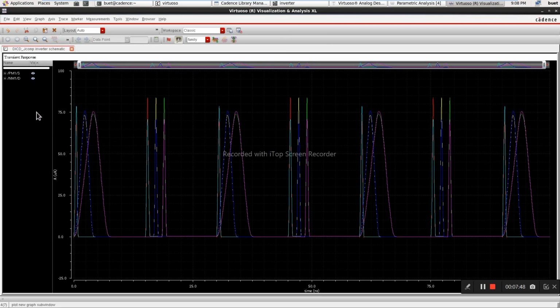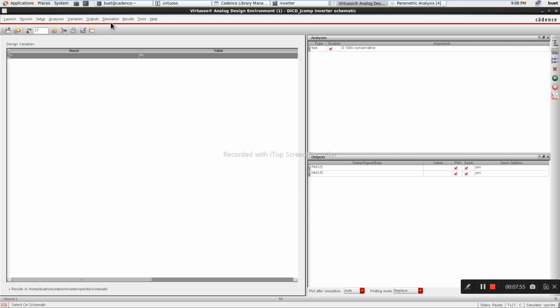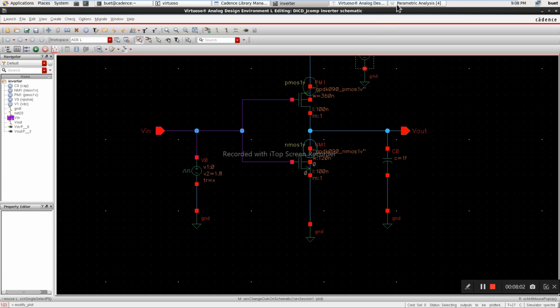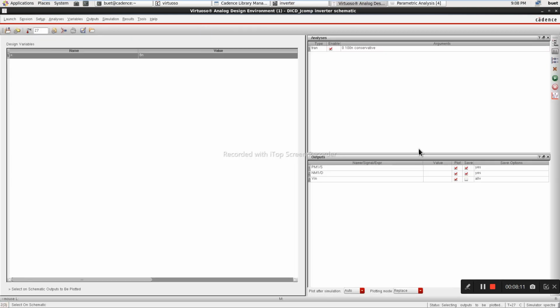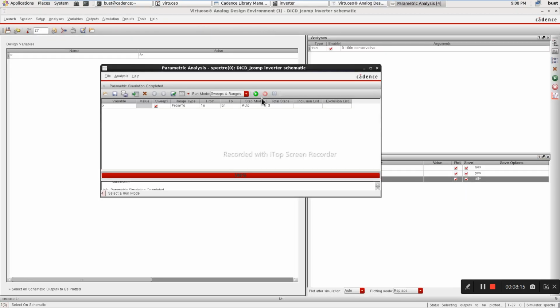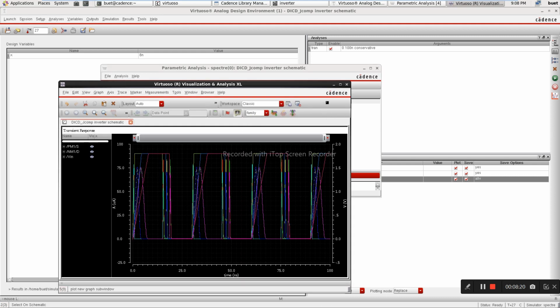Oh, we have to select that input signal also. We have to show, right, different slopes. Just go there, outputs to be plotted, select on schematic, Vin. We don't want to measure the output, we are not interested in this in this question, right? They are interested only in short circuit current and total current, that's all. Total current. Okay.